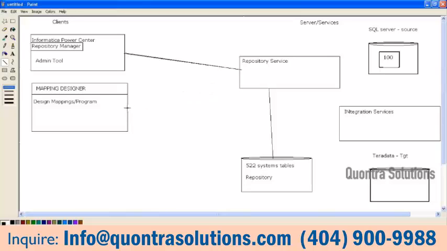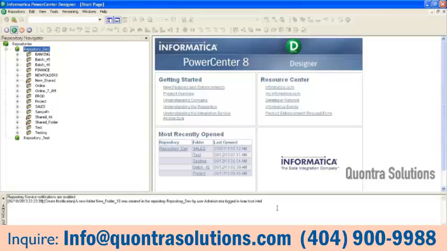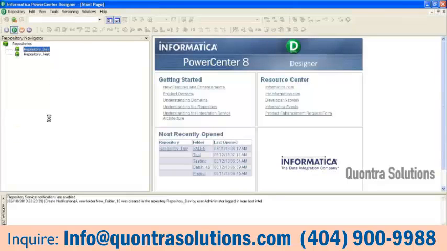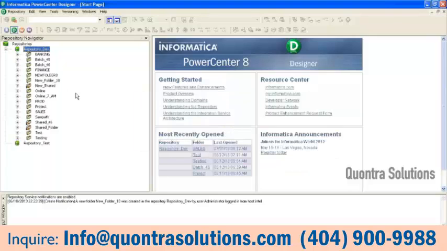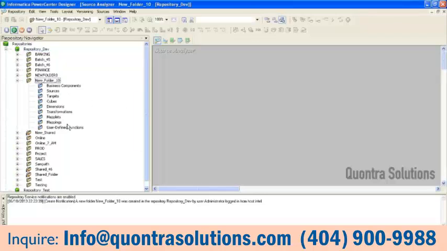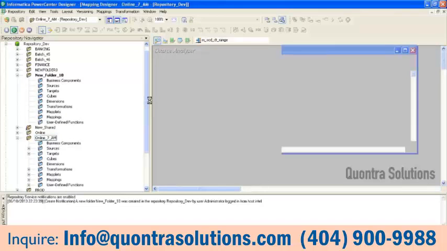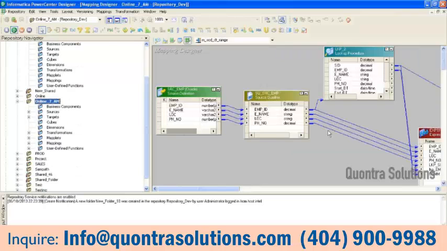See, this is our mapping designer, the second client tool. Connect to your mapping designer. What is our folder? Let's say we have created new folder _10. See, this is our empty folder. If you open some other folders, you will see some developed mappings. We are going to do some activities here.